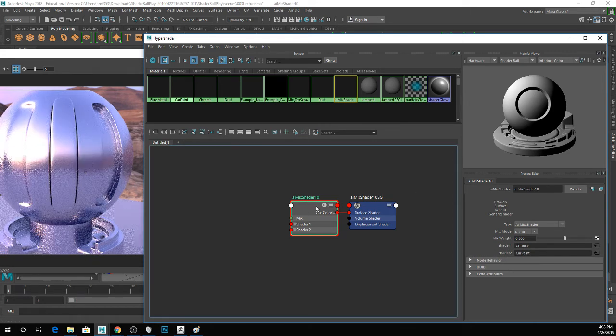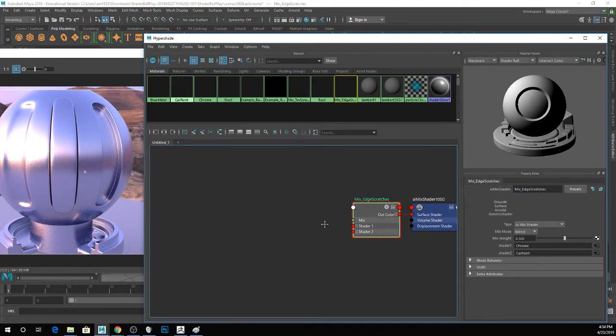And I'm going to enable this again. Mix. Cool. So for my mix node this time, instead of using a file texture, I'm going to use, again, a node